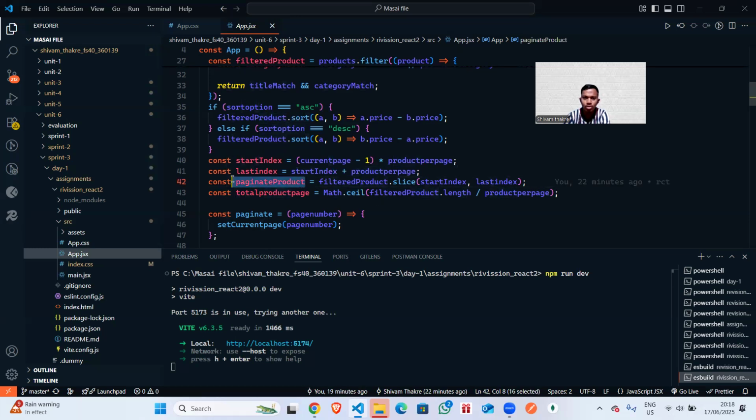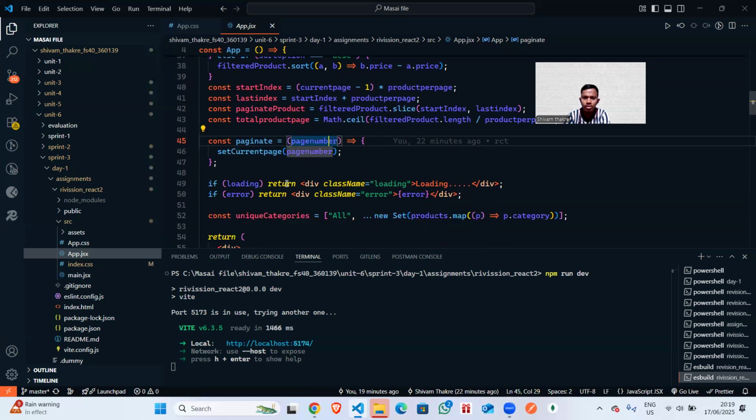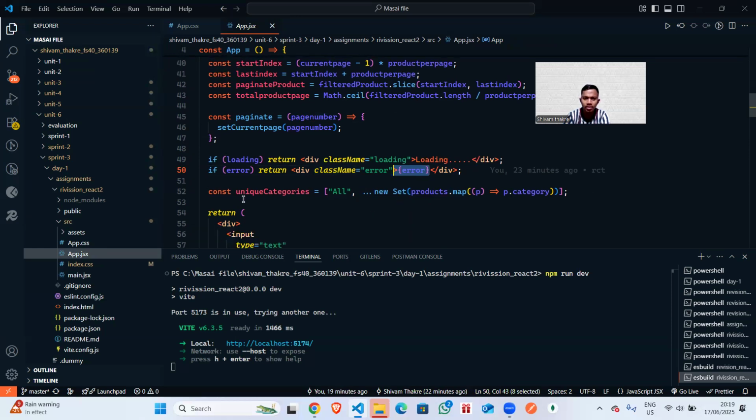Then we take a variable where we store that slice, and the total number of pages we take from the total products. In pagination, our current page will be increased, and we pass the page number here. If loading is true it shows loading, and if there is an error it shows the error with the CSS classes used.